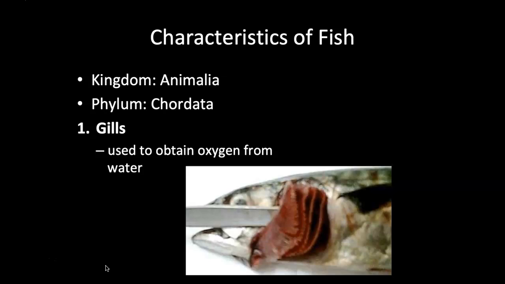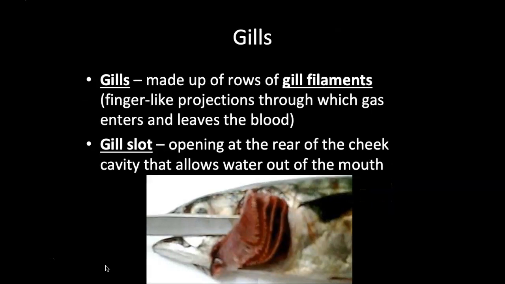If we're looking at the characteristics of fish, the first characteristic is that they have gills. They use these gills to obtain oxygen from the water. They need some way of breathing underwater, and these gills allow them to do that. If we look closer, the gills are made up of what we call gill filaments. These gill filaments are little hair-like or finger-like projections that make up the gill, and they allow for a better way of